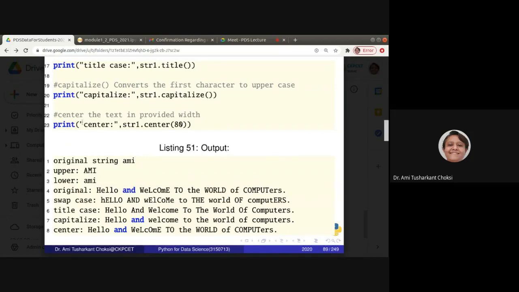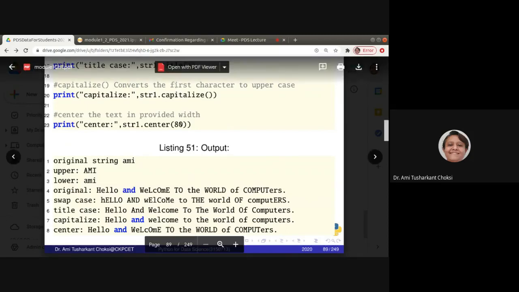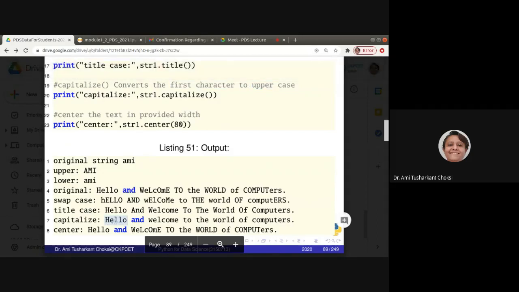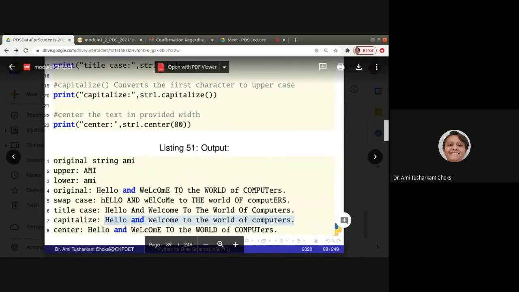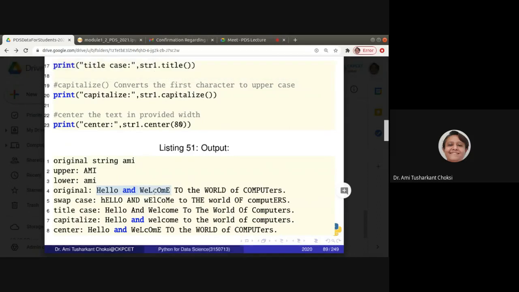No, it only converts the first character to uppercase. Only the first character. We can see that here. H is capital, not other letters, right? And the original string was this one. It is not getting changed. So whatever function we want to apply, we can apply to the same string.